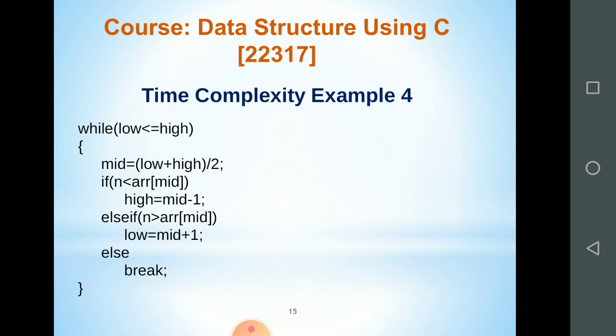Then if you want to search for an element, we have to divide the list into 2 parts, and then we have to search for the element in 1 part only. Again, if the element is less than or greater than the middle, we have to divide the list again, and for each step we divide the list into half. If there are 10 elements, then we divide it into 5 and 5. Then we have to search only 5 elements. Again we have to find the middle.